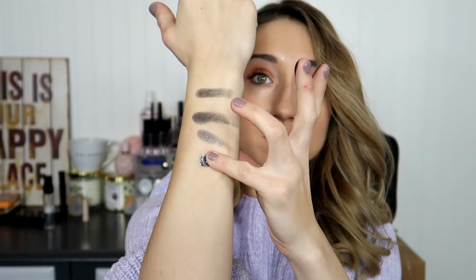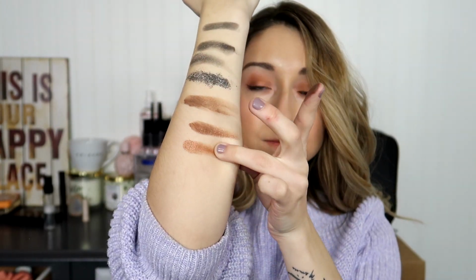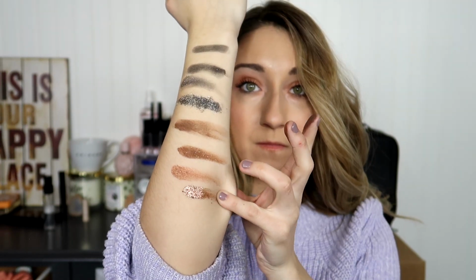I'm not the best at swatches, but I'm going to insert some the best that I can. So for the first swatches, we have the shade Memory in Matte, Sequin, Metallic, and Glitter. For the next swatches, we have Ritual in Matte, Sequin, Metallic, and Glitter. For the next ones, we have Story in Matte, Sequin, Metallic, and